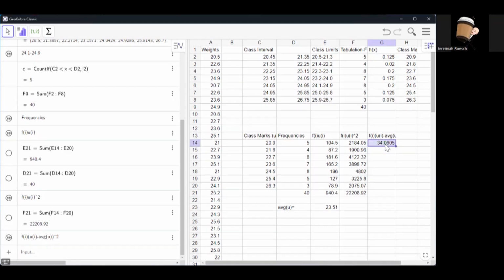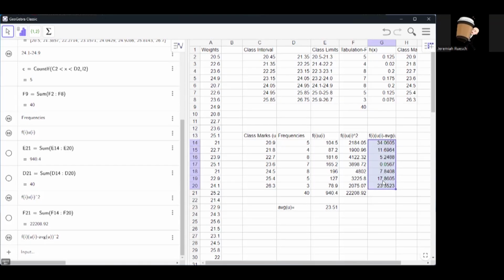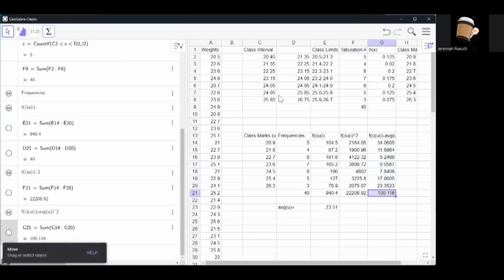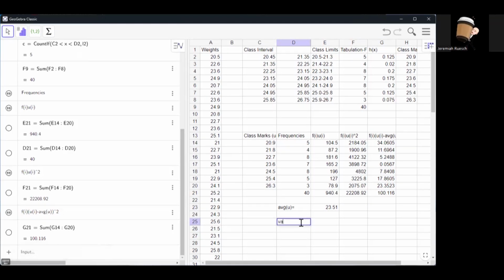There you go. Don't know what I put in wrong last time, but it should have been like 30-ish something, and so there it is. And if I carry that down, those are all of the values that we're looking for. And now finally, if we sum this, this gives us that value, and so then the variance